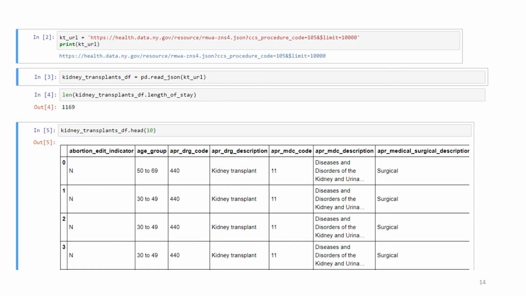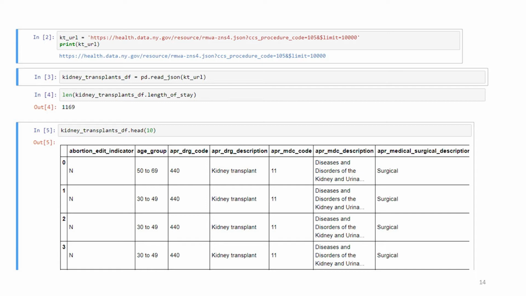What the Department of Health did in around 2013 was they released that data in an abbreviated format. So we don't get all the information that we would get if we got the full SPARCS, but we get enough information to start to do some interesting computations with. And you can see the URL up there, and so anybody can go to health.data.newyork.gov and get data about all discharges in New York State. And I think they just released the 2015 data.